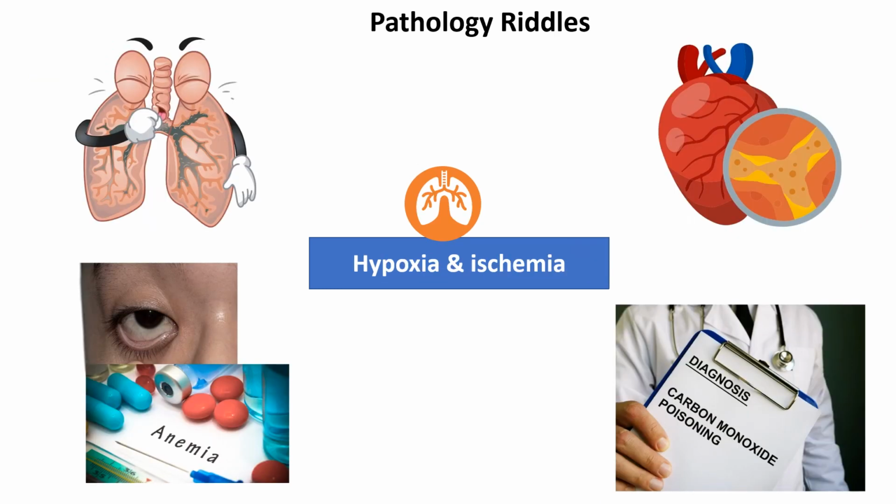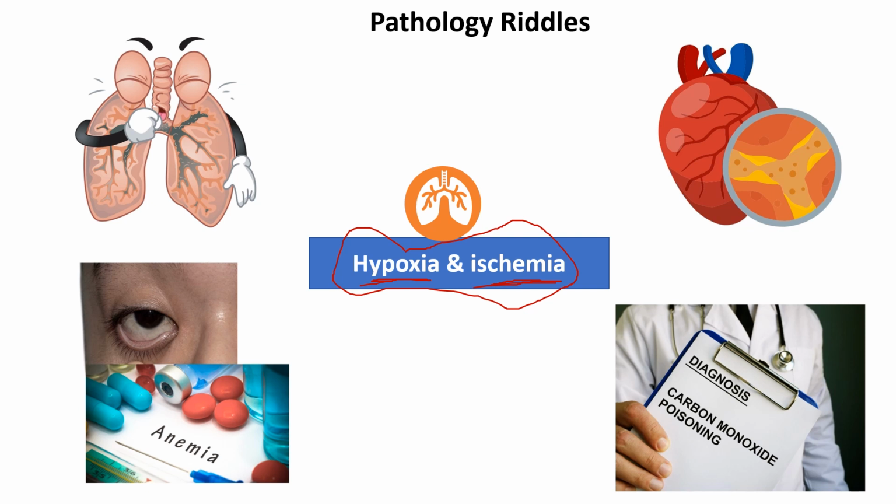The next cause of cell injury is hypoxia and ischemia. Hypoxia means there is a decrease in oxygen. Ischemia is the decreased blood supply to the tissue. This injures the cell by decreasing the oxygen and nutrient supply for smooth functioning of cells and maintenance of the